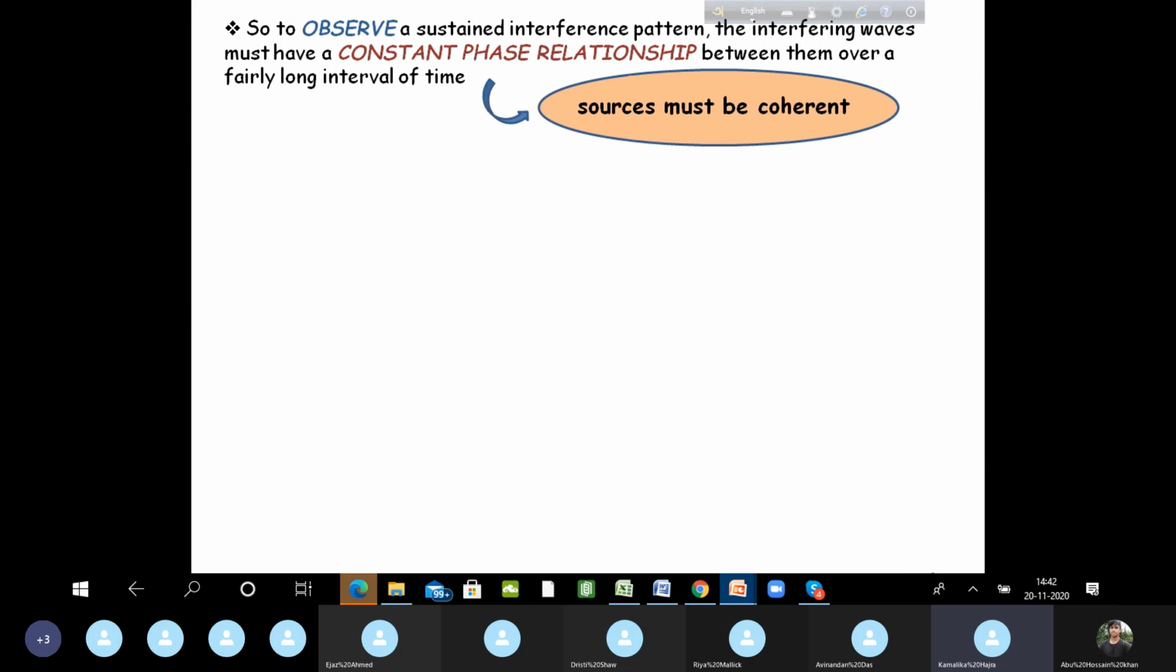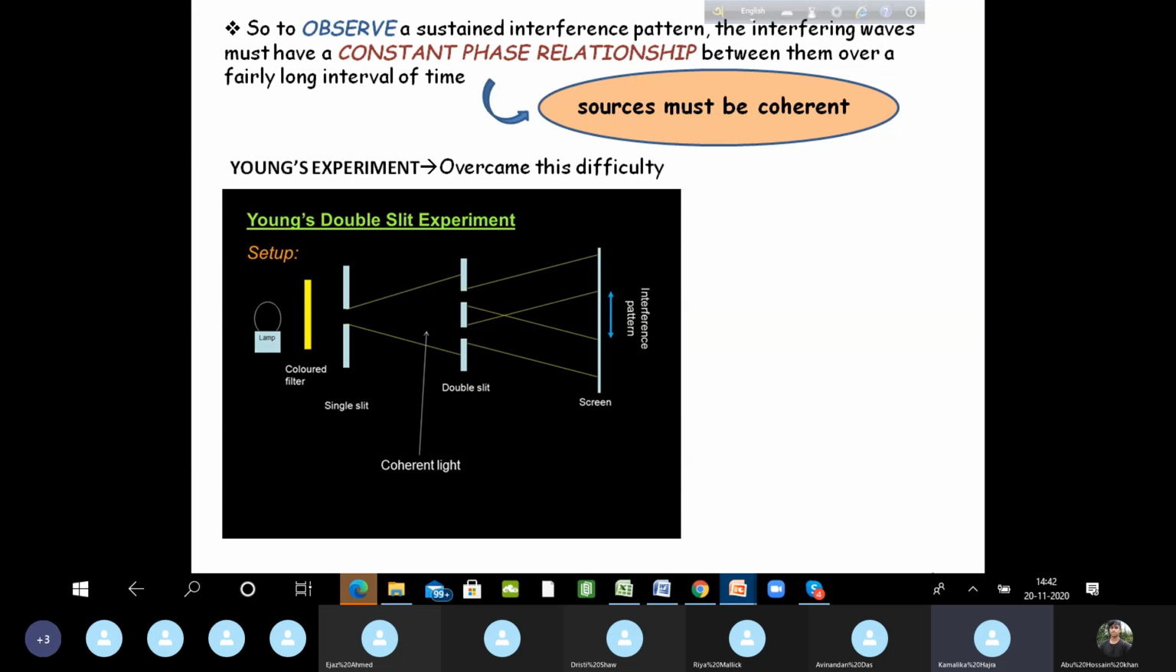In order to do so, we have to have sources which have a constant phase relationship over a very long interval of time. That is, we must have coherent sources. So Young's experiment did this. He used coherent sources. How? He used one single source from which light was made to go through a single slit, and then he had